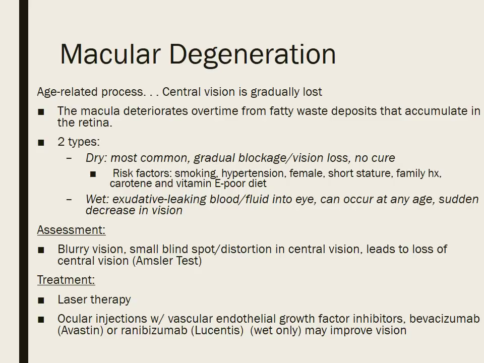It's caused by this gradual blockage of the retinal capillaries, so the retinal cells are not getting very good perfusion, and they become ischemic, necrotic. Central vision declines. Sometimes the patient describes mild blurring or distortion at first, and then eventually all central vision is lost. This is painless and happens gradually. There is also something called wet